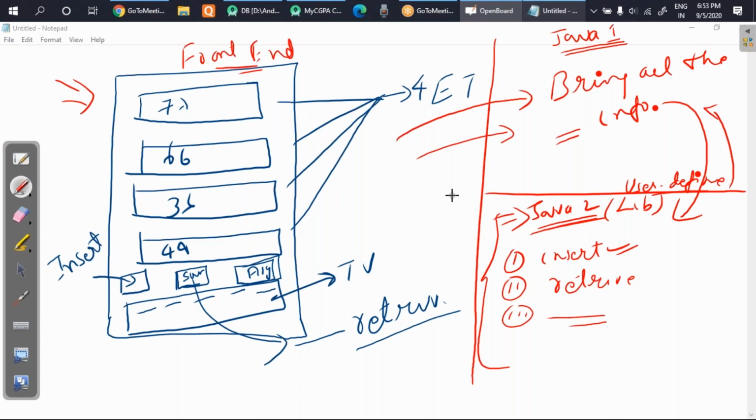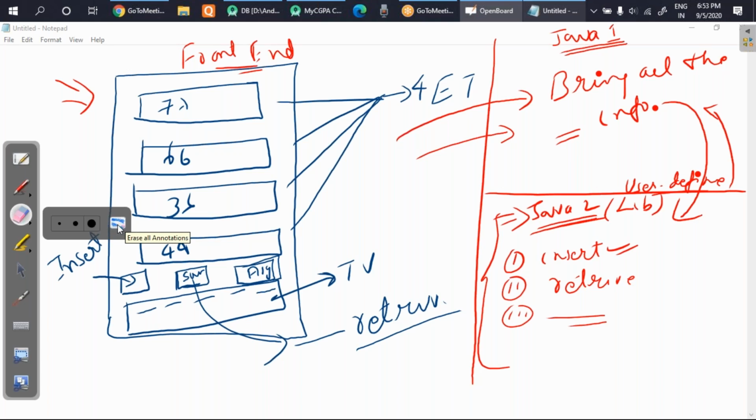It will be better if you can take a screenshot of this and keep it for future reference. I hope you have taken the reference and saved it. Now let's proceed. I'll erase this part